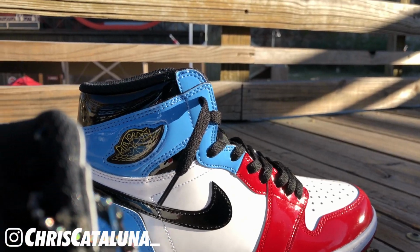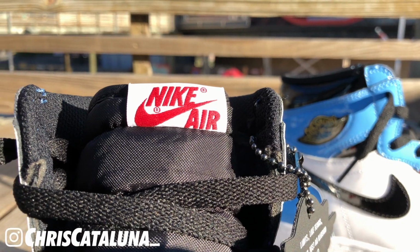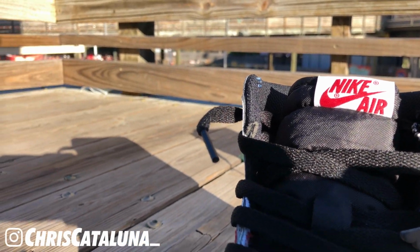Now, behind those sets of laces is the padded tongue that is enclosed within a nylon fabric. Atop the tongue, you have this white woven label with Nike Air going on, done up in red. I really don't know what it is, but I feel like Jordan Brand has been getting really strict with their insoles, because it seems like they've just been gluing their insoles all over, and I really can't pull this thing out. It's kind of ridiculous. I'm just used to pulling the insole out and being able to show you it, but on the inside, it also has that quote, that Limits quote, and it has a Fear strike through going through the heel. It's predominantly done up in a white fabric, and then the font is done up in black. And of course, this fabric is placed on a thin piece of blue foam,